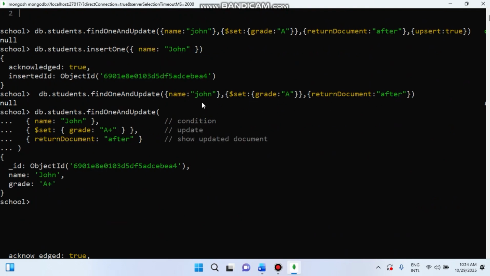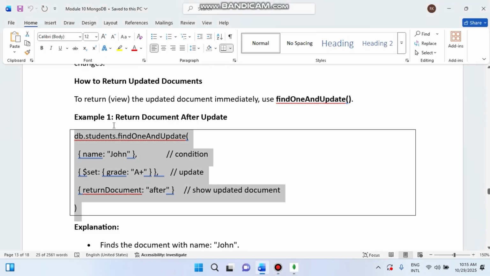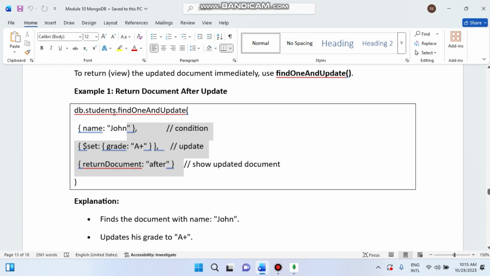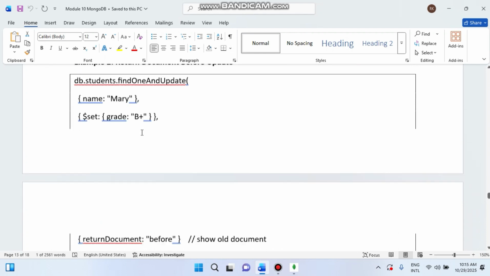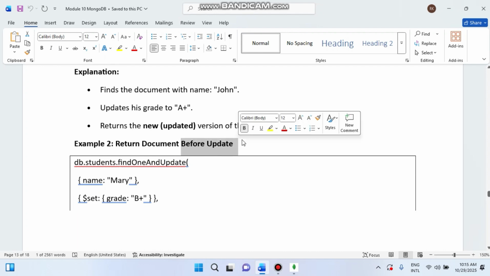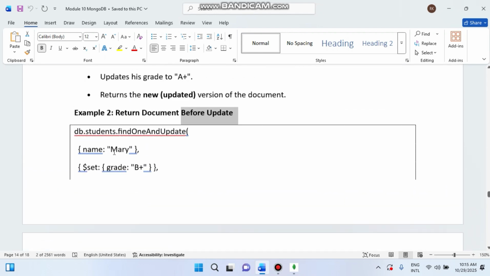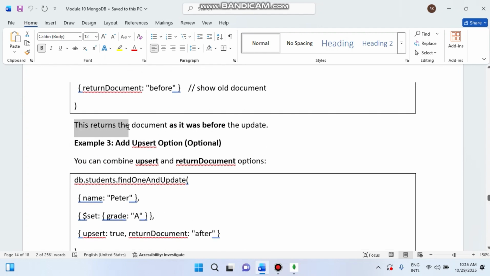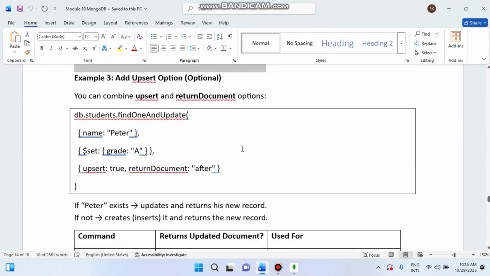Because maybe I made a mistake somewhere whenever we were writing the code. Right now, see, I wrote over here db student dot find and update where we have the name as John, set the grade as A and returning the after. See, whenever we are doing that, instantly below it is showing the record. Are you getting or not? Okay, so when we are calling that, what happened is we are updating and at the same time finding that data also. In the same way you can also do it with before. Before means it returns the document as it was before the update. Okay, so after and before we have, then again